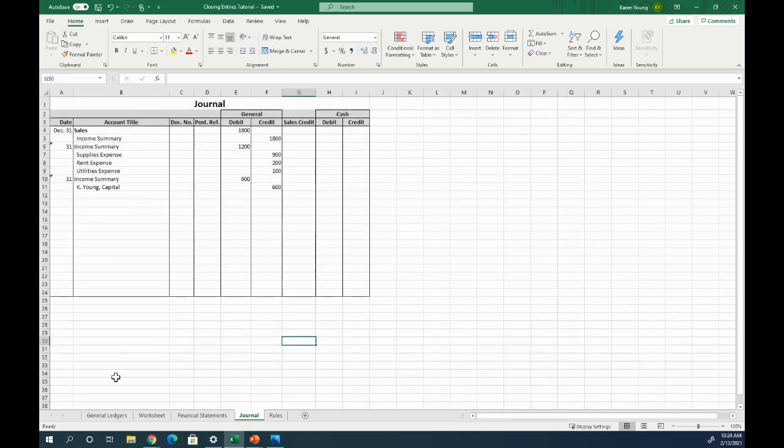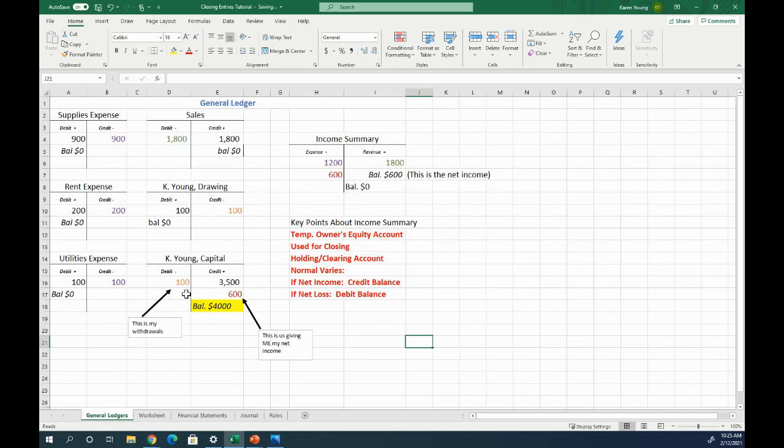Go into your journal like this. It's going to be a debit to K Young Capital, that was for $100. And it's a credit to K Young Drawing for $100. These are my journal entries. And this is how the general ledger would look once